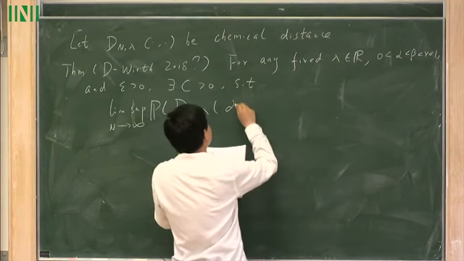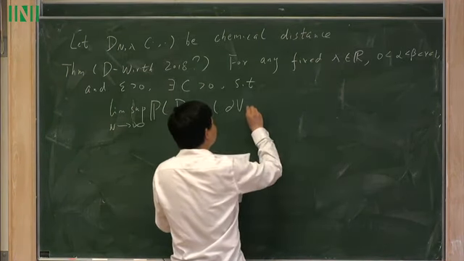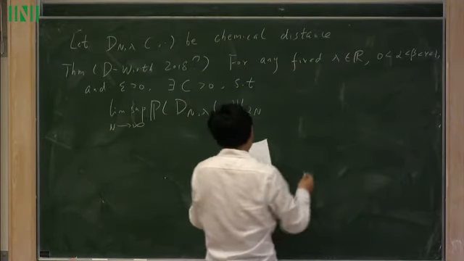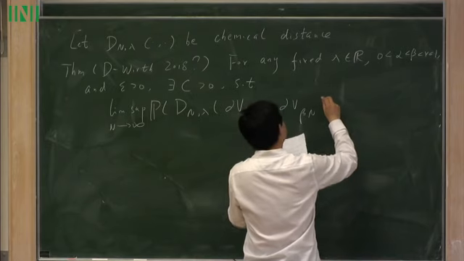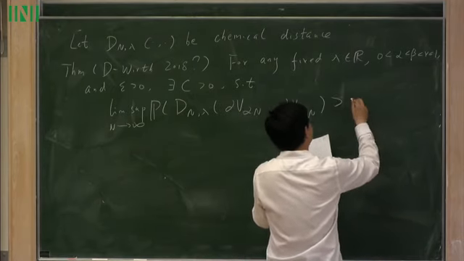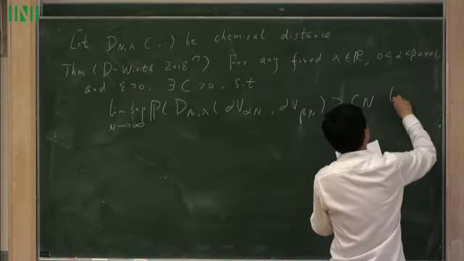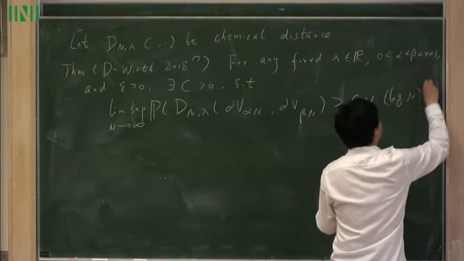Let's look at the distance between the boundary of alpha n and the boundary of beta n. We claim that the probability for this to be larger than n times log n to the power of 1 over 4,